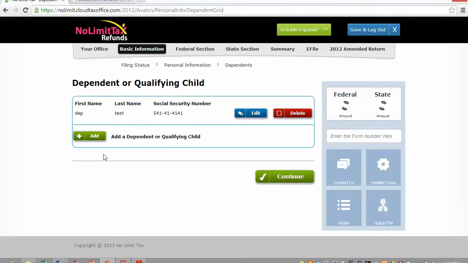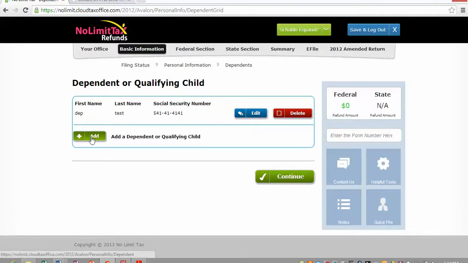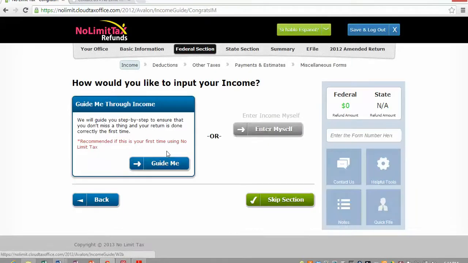And if we had additional dependents, where would we enter them? We would just click add right here and add that additional dependent. For brevity's sake, we'll leave it out. We'll just keep rolling. So, like I said earlier, you have two different ways to proceed in the majority of screens. Now you can see we've moved on from the basic information to the federal section. And under income, it's giving me the option to use the wizard or enter myself. And you can jump back and forth between the two, either guide me or enter myself, because again, over here on the right hand side, we have the enter form number or form description search. So I'm going to click guide me,